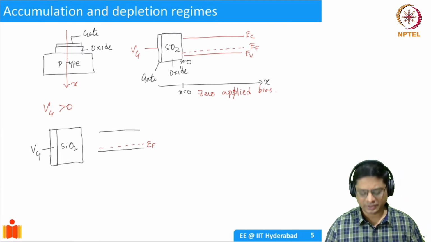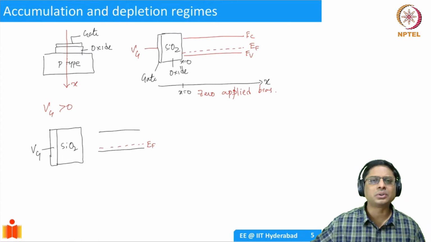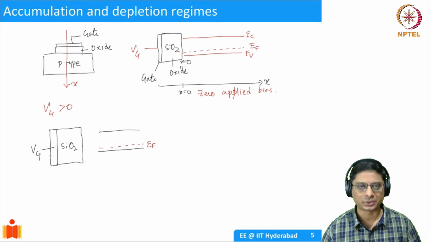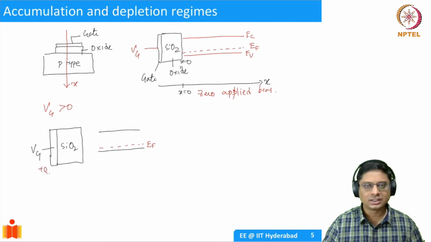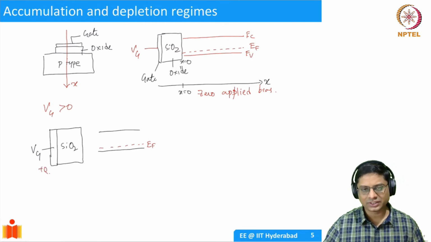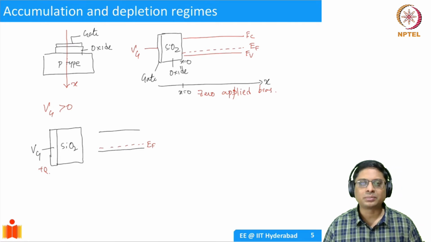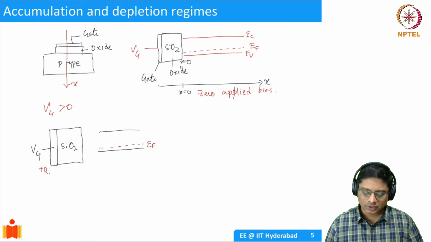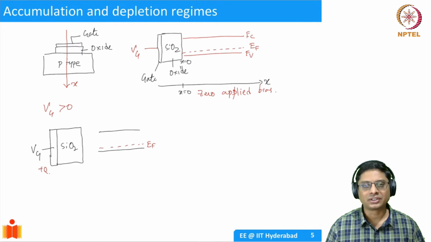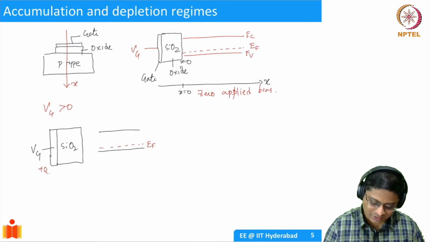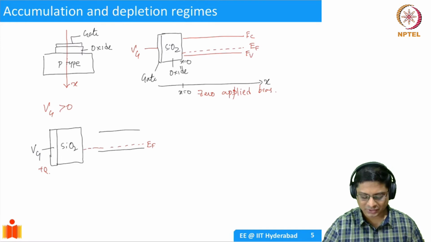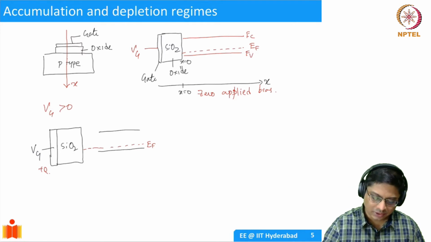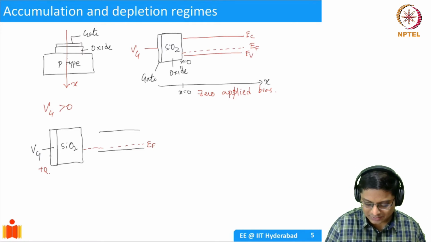Whatever we did, if you apply a positive voltage, it's not going to drive all the holes out of the semiconductor. It's only going to drive some holes out until you uncover the exact balancing charge. Let's say this is positive Q. It will uncover some charge in such a way that there is the balancing minus Q on the semiconductor side. So it is depleting at the surface. How will we show depletion? Well, the Fermi level is still under equilibrium, so this has to be this. There will be some shift in the gate Fermi level. We will deal with that later. Now, since we are depleting, the bands have to bend downwards.